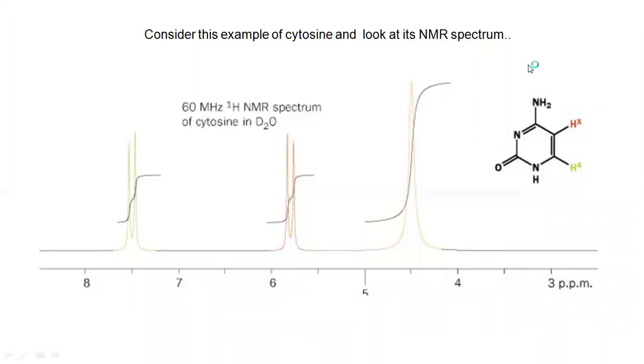This is the case of cytosine. And what is the coupling? 3J coupling. 3J means 1, 2, 3 bonds. 3J coupling is the coupling between two nuclei separated by three bonds. And remember, coupling is a through-space phenomenon, not through bond. They are near to each other through space.